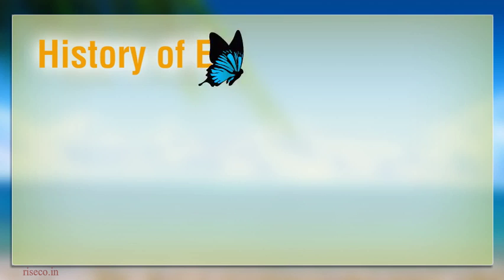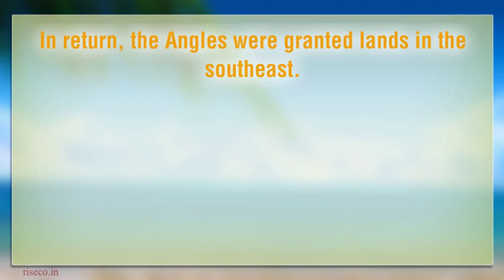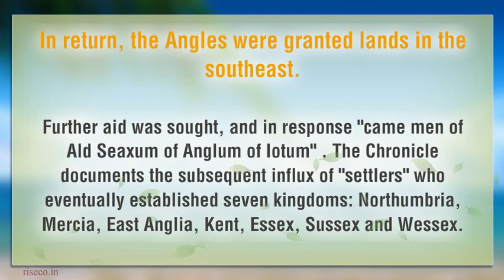History of the English language. According to the Anglo-Saxon Chronicle, around 449 AD, Vortigern, king of the Britons, issued an invitation to the Anglekin to help him against the Picts. In return, the Angles were granted lands in the southeast. Further aid was sought, and in response came men of Old Saxons, of Angles, of Jutes. The Chronicle documents the subsequent influx of settlers who eventually established 7 kingdoms: Northumbria, Mercia, East Anglia, Kent, Essex, Sussex